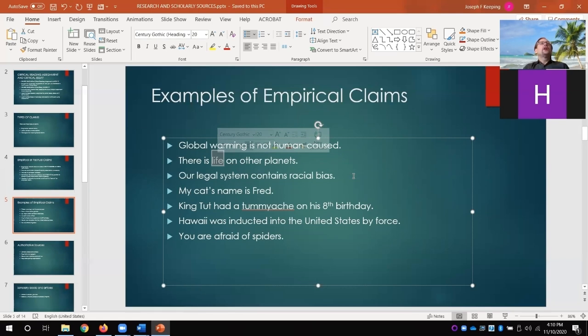But we could send a probe to Europa and it could find something there, and it might not look like anything that's alive here. Like, we can all agree that a bacterium or other single cell organism is alive, but what if it's a thing which isn't a cell or made of cells, and yet it has other features that we would want to say make it alive, like it's self-replicating and it feeds itself or something. This is a case of you're going to have to figure out what sort of observations you're going to need to verify your claim, which may involve deciding what it is exactly that you're looking for, what counts as life